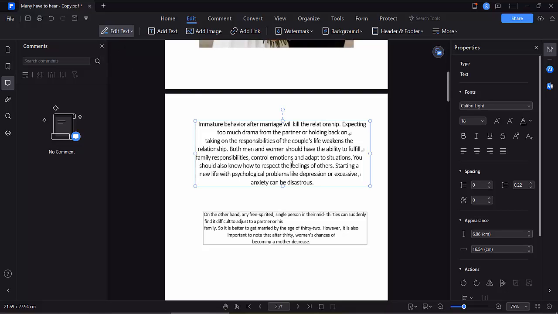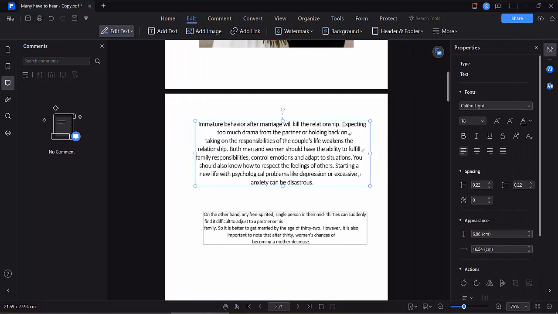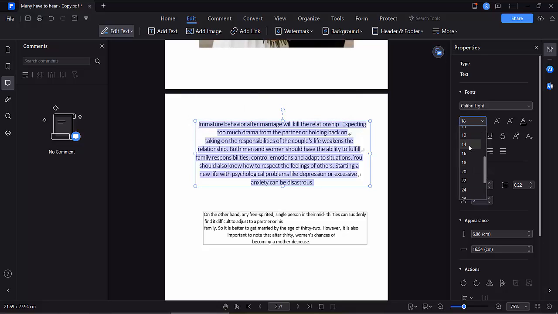Now click on this text box and this right sidebar. Here you will find these properties. As this text box text font is showing here 18 and this text box 14. Simply click on this text box and drag and select all of this text box and make it 14